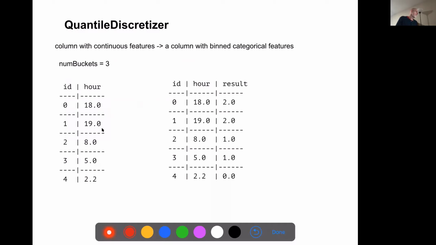And then here we can specify how many buckets we want, and it's going to take the entire data set and convert it into 3 buckets.